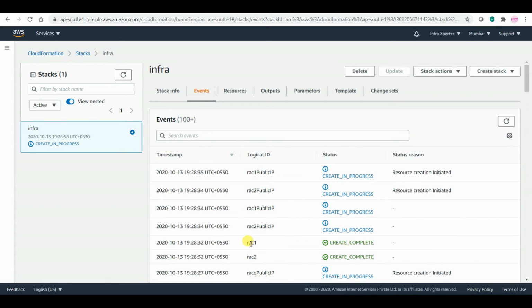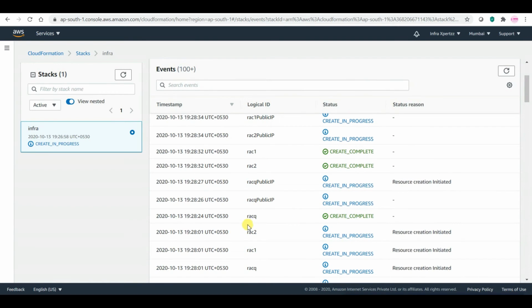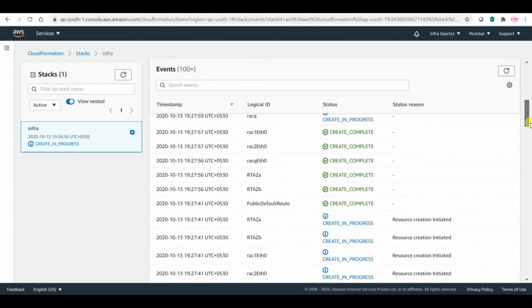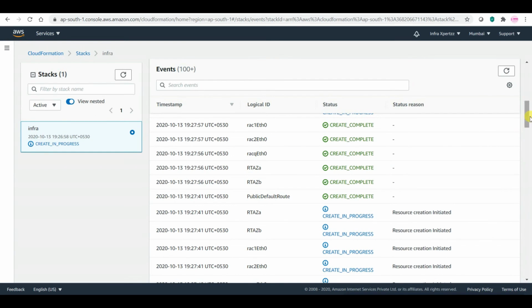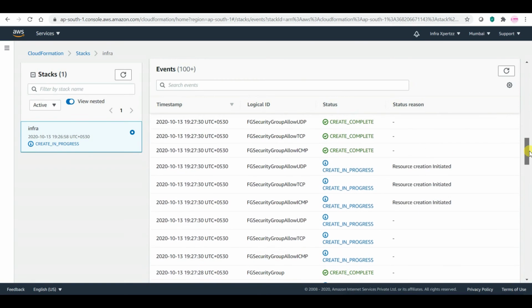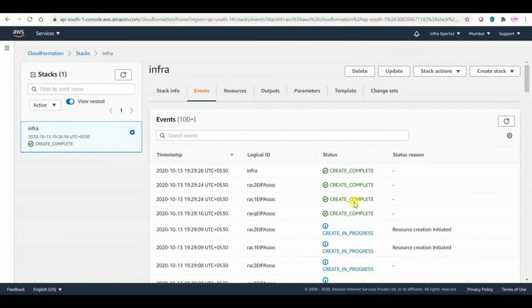So you can see from here that my EC2 instance has been created. My public IPs creation are in progress right now. My quorum disk has also been created. Ethernet ports and all those have been created. So my stack is created.